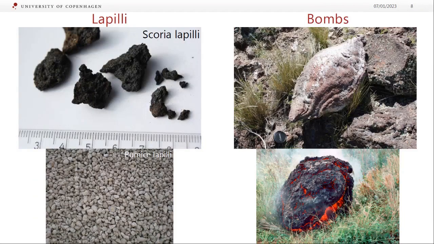Okay, on the bigger side, in the practical last week, you would have seen some scoria lapilli. Again, it's just purely size defined. So here are some pumice lapilli about the same size, obviously different composition. And then bombs, we would probably see them something like this in the field. But this is what a bomb looks like when it's just been ejected from a volcano. So I think this is from the 1983 eruption of Kilauea, so back to Hawaii again. But, you know, this kind of glowing mass of magma that's been thrown through the